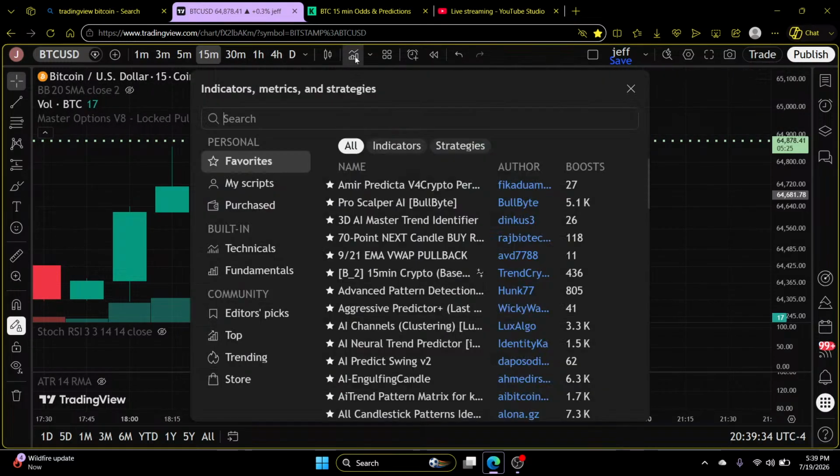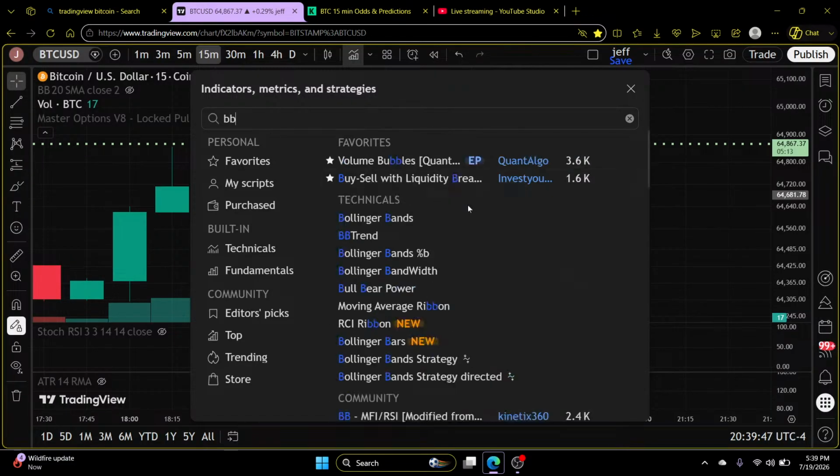Yeah. And then next to that, you go over a couple, and you see this little squiggly line, looks like a graph. You click it, it brings up this search thing. Click on the search and type in DB, and you see Bollinger Bands. Click that, and I click the star next to it first, and then I click the BB, the bands, and then after that, it'll disappear. Click the search thing again, and search this time